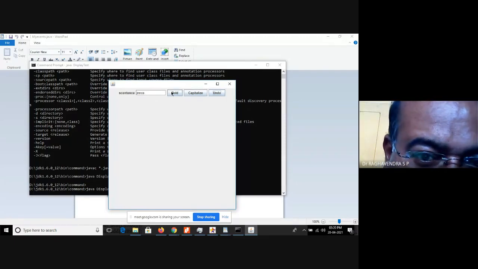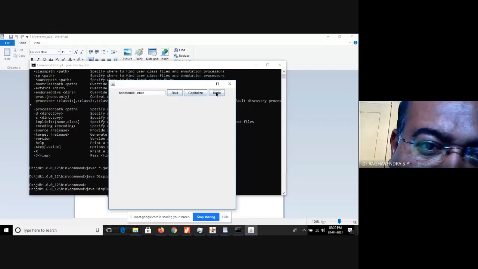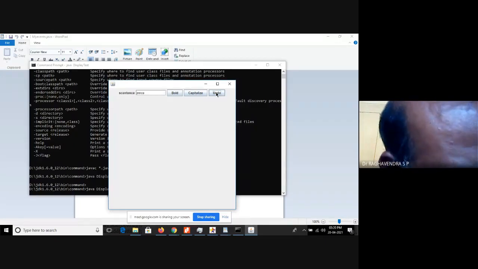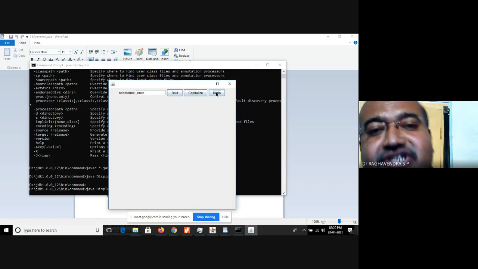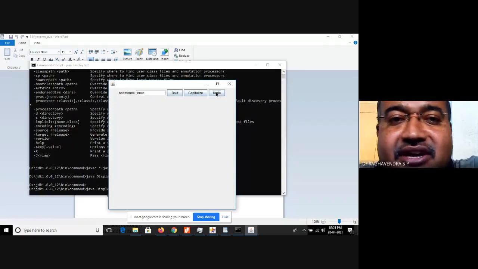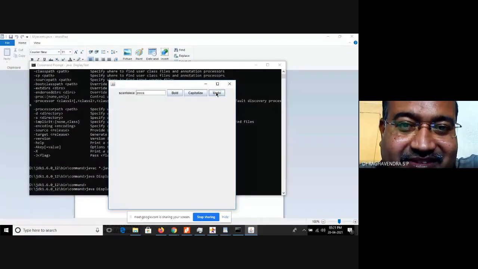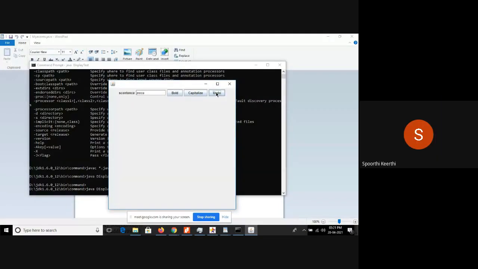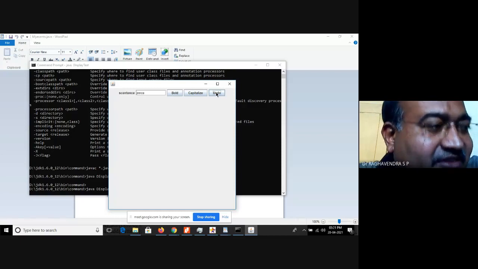Look, I will do it once again: bold, capitalize. If I click on undo, lower case, again click on undo, normal sentence, the bold will be nullified. So got it? Yes, sir. So this is just a simulation of an editor. Okay, got it? Yes, sir. I hope this code is available with all of you. Yes?